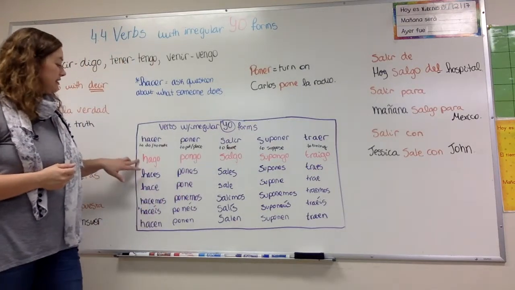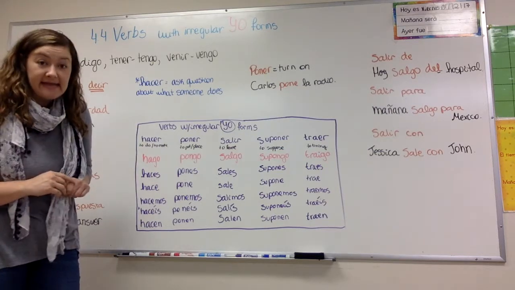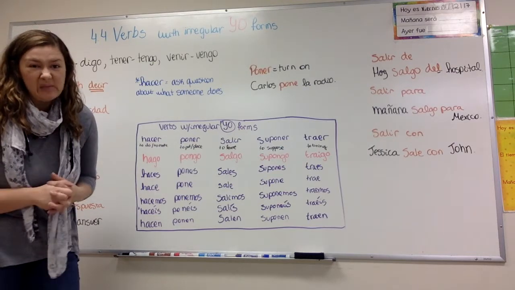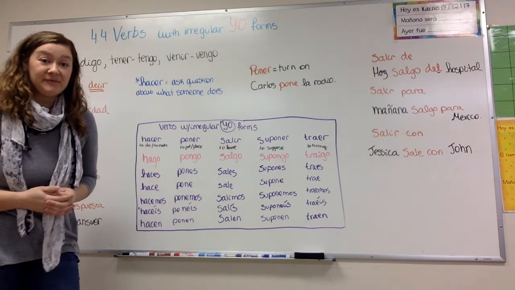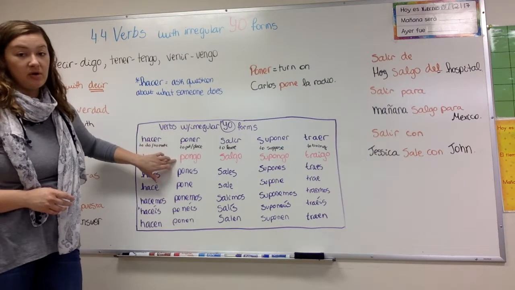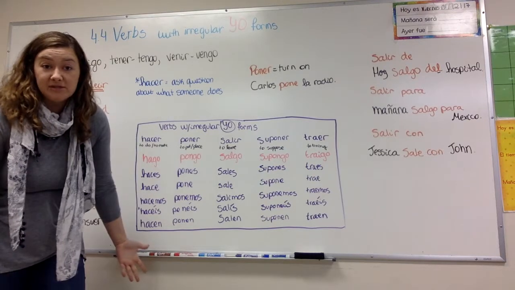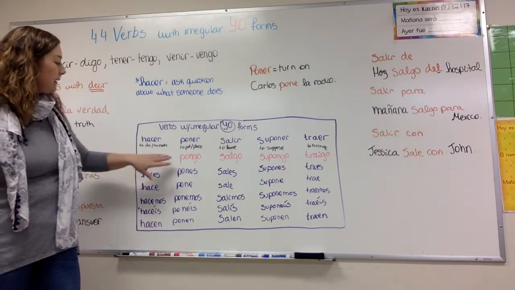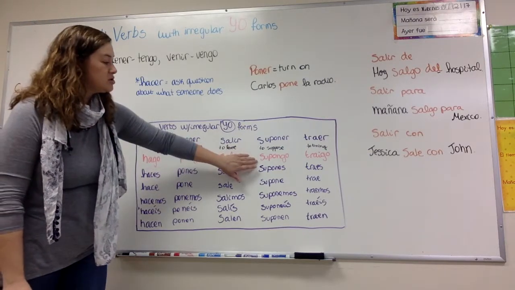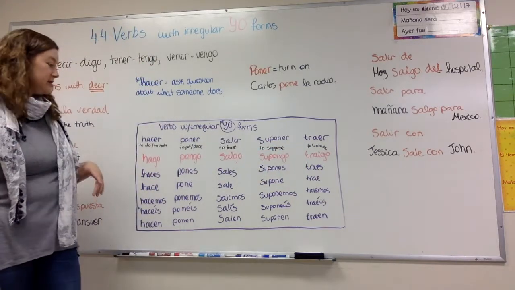See? So in the irregular yo, hacer is going to be hago. And remember, don't forget, the H is always silent. I like to call it the H of the humiliation. Why? Because we don't say hago, we say hago. See? Pongo, of poner in the irregular yo. All of these go to the GO. I like to also call them the go verbs because they all go to the GO. So, hago, pongo, salgo, supongo, traigo.